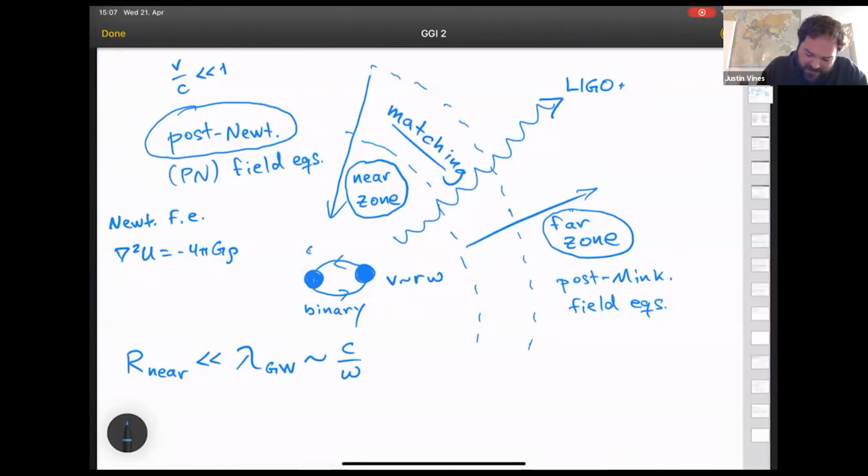And let's say the distance between the two bodies is this small r, then we know that the velocities are of the order of r omega. In fact, it's exactly equal to r omega. So coming back down here, this gravitational wavelength can be written as c over v times the orbital separation. And now we see if this radius of the near zone is supposed to be much less than the gravitational wavelength, we see that that's equivalent to,